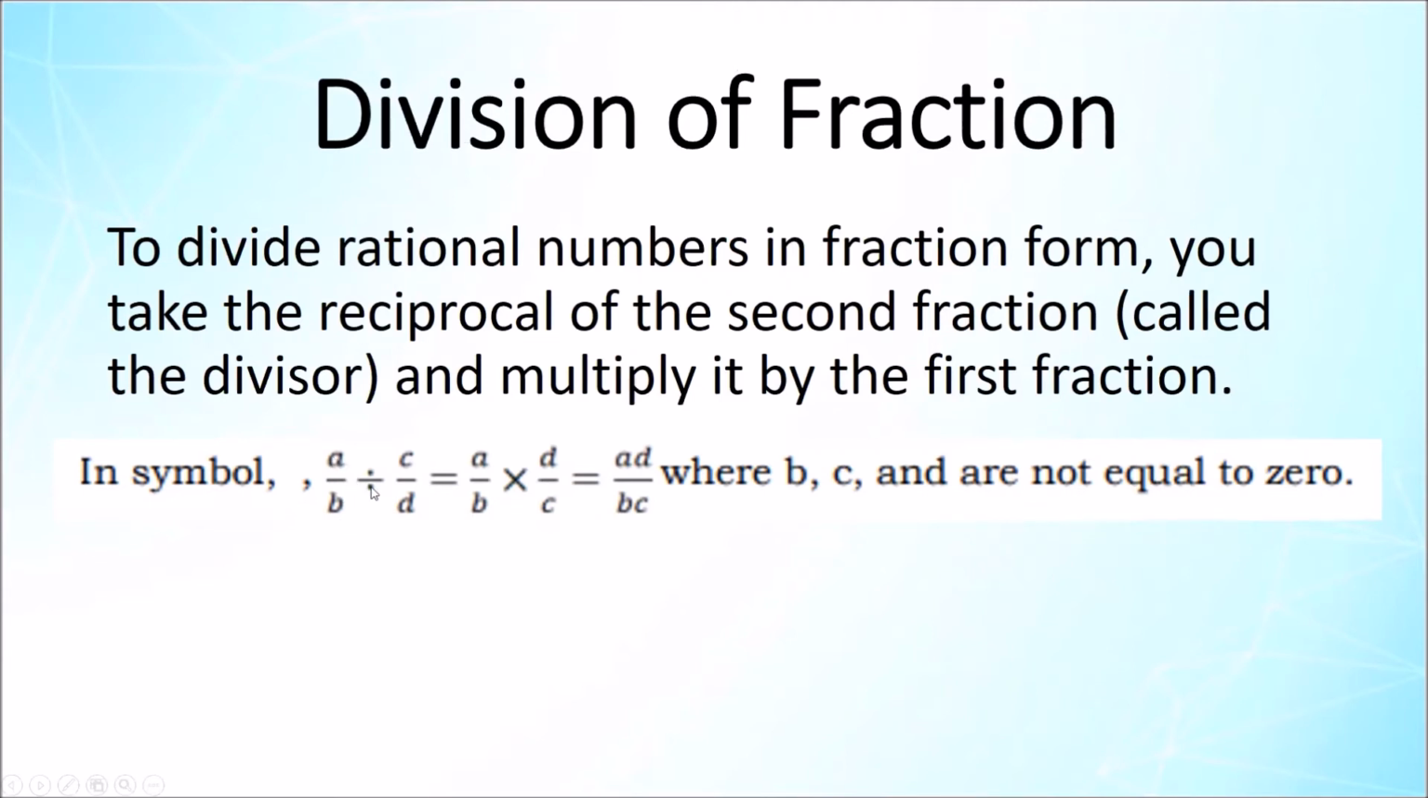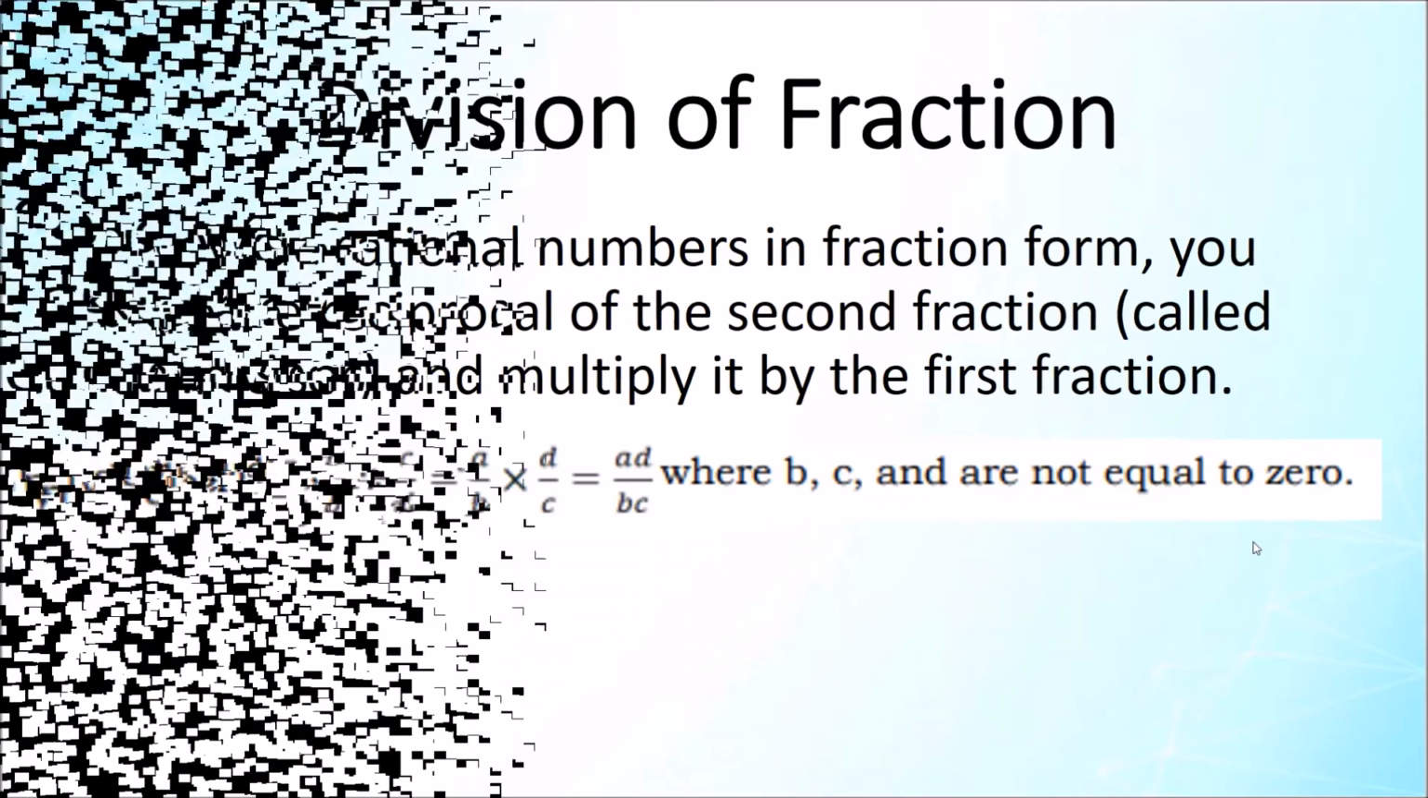A over B divided by C over D is equal to, yung division ay magiging multiplication at ang divisor na C over D ay gagawin natin o kukuhanin ang kanyang reciprocal kaya magiging D over C. Then apply multiplication of fraction or rational number. A times D is AD and B times C is equal to BC, where B and C are not equal to 0. Example,